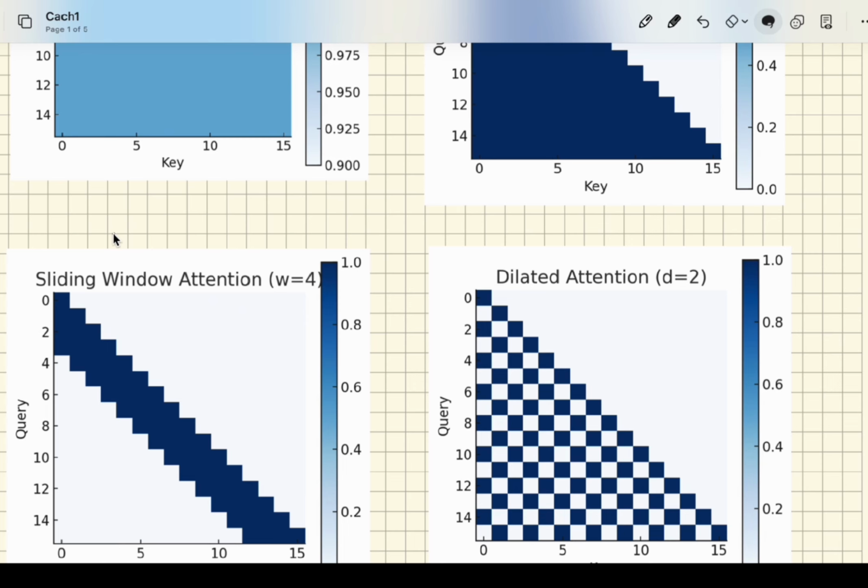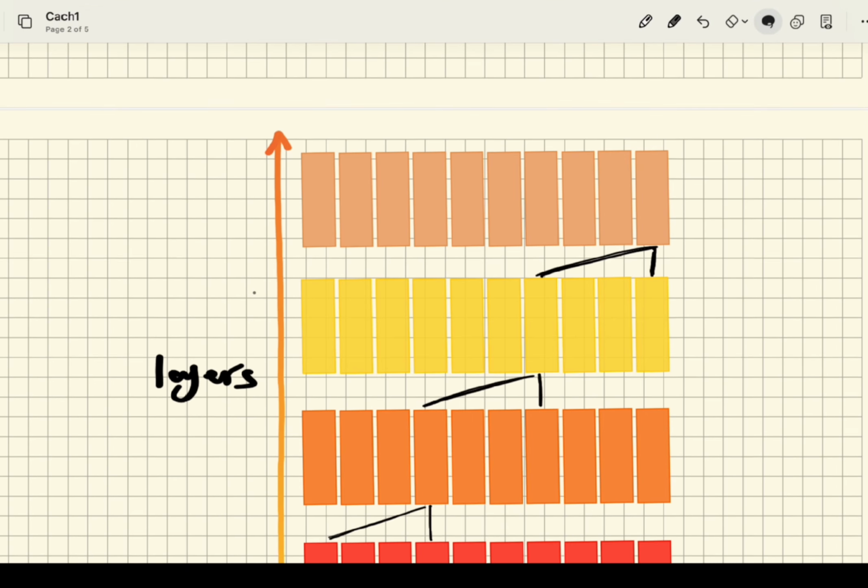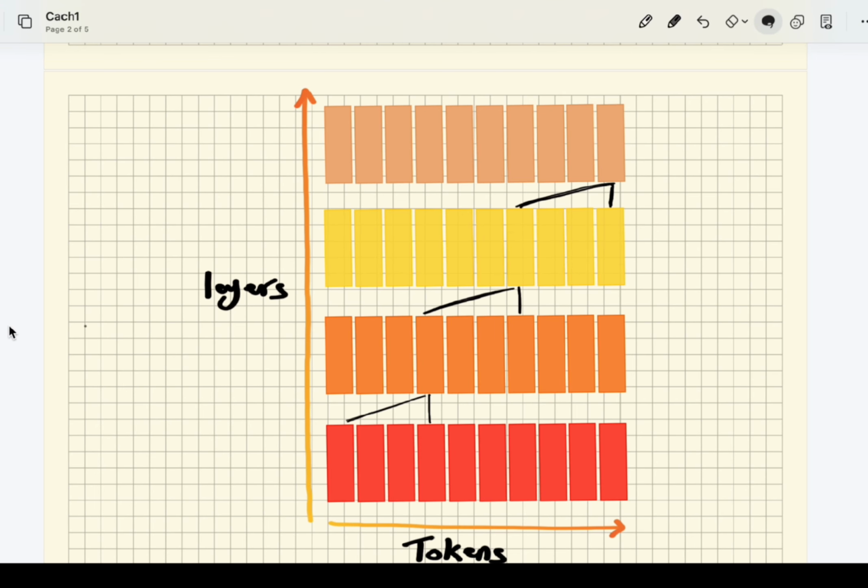So it's up to you which one you're going to choose. But the main one which we're going to talk about is the sliding window attention, and we want to see how tokens can have the full conversation or the full context. The key to that is just the layers. Imagine that we have 4 layers here, and imagine we are in this very last token, and by the way,